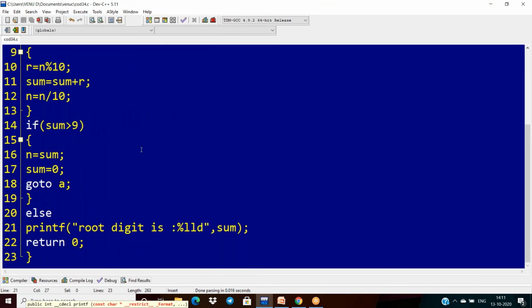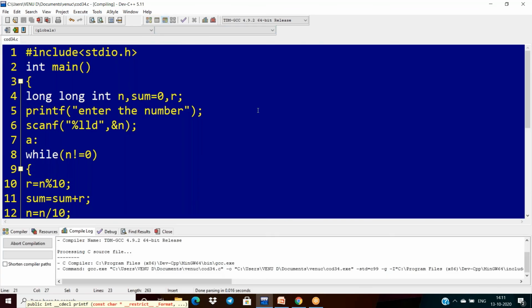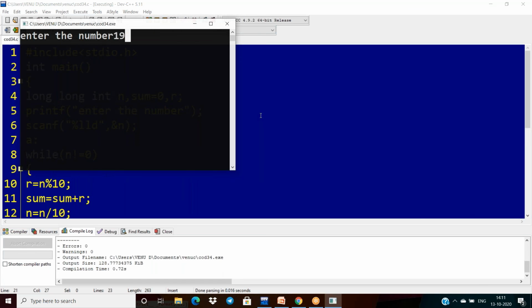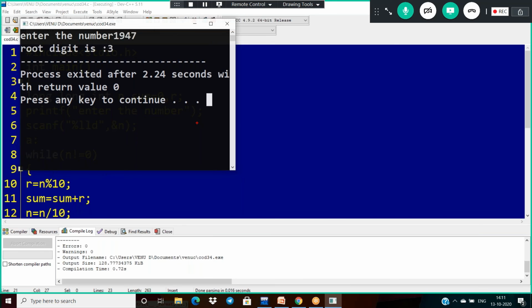The root digit is nothing but the sum of all the digits of the number until we get a single digit. Like if I am giving, suppose, 19473. Why 3? For the first time 1947 sum is 1 plus 4 plus 9 plus 4 plus 7, it is 21.